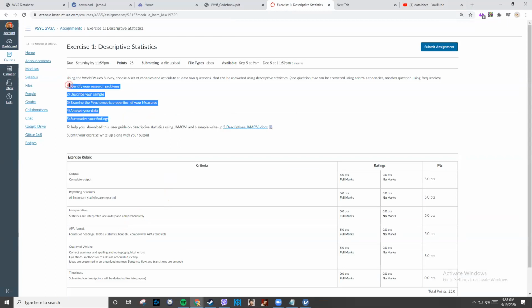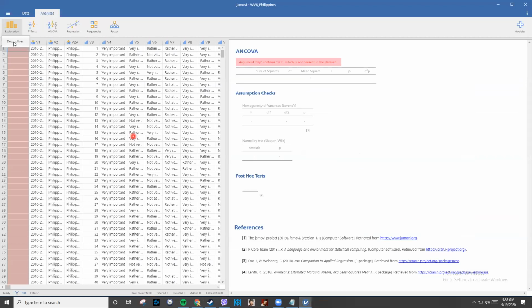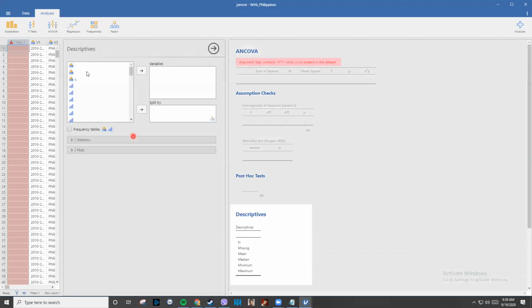Okay, so assuming nagawa na natin ang 1 and 2, we can look at the psychometric properties of our measures, first by pulling out all the descriptives for, oh my god, ang bigat nito. Let's just choose a question at random.